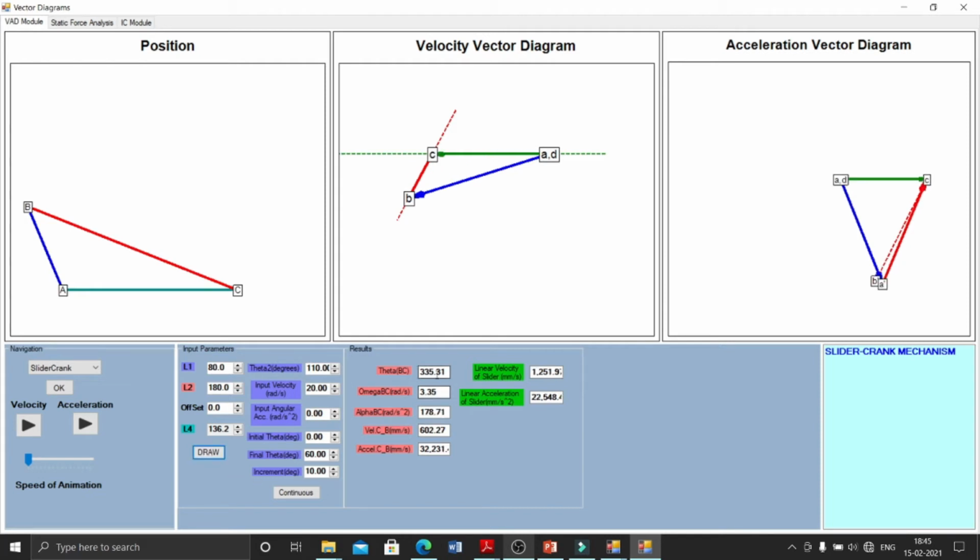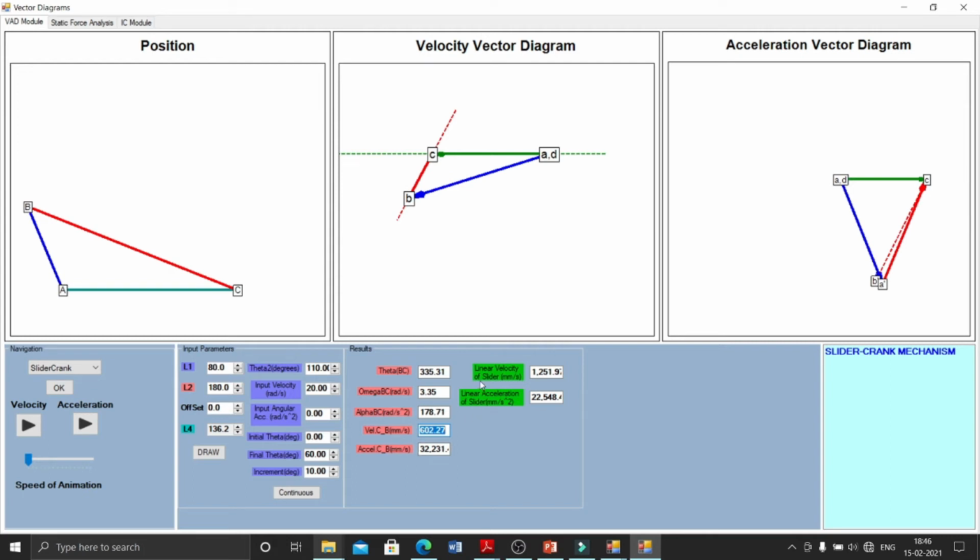Now accordingly if you want to see the results, theta BC, the angle made by BC with the horizontal, you can measure this angle, this is 335. Omega BC, that means angular velocity of link BC, you can measure, this is 3.35 rad per second. Alpha BC, that means angular acceleration of the connecting rod. Next, velocity of C with respect to B, and acceleration of C with respect to B, which is in mm per second.